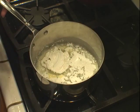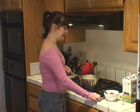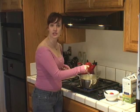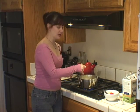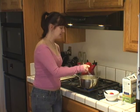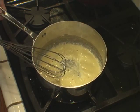So I'm going to sprinkle in a 1/4 cup of flour into the fat, and then I'm going to start stirring. And I'm using a whisk right now. Some people say you shouldn't use a whisk, but I think it's the best way to avoid lumps. And so I use a whisk. And you can see right now it's bubbling up, and the flour is mixing with the fat,